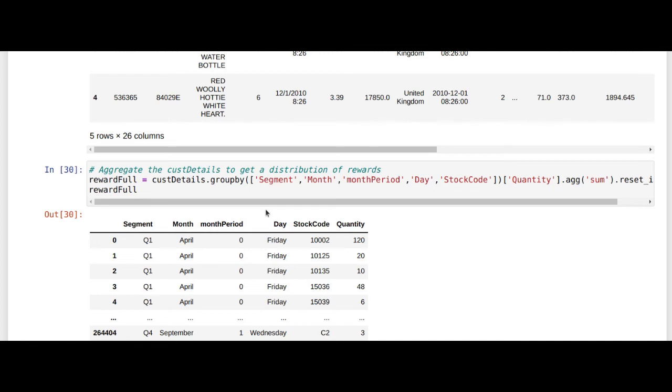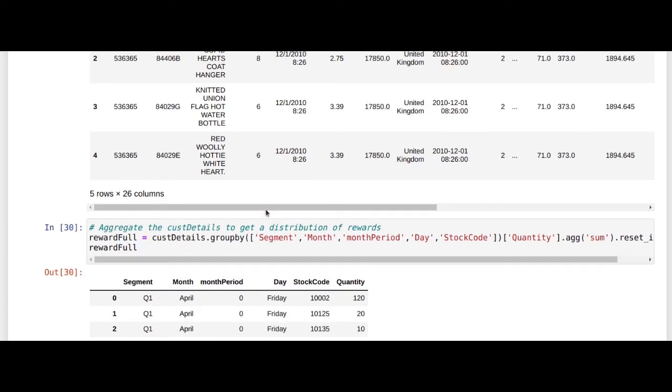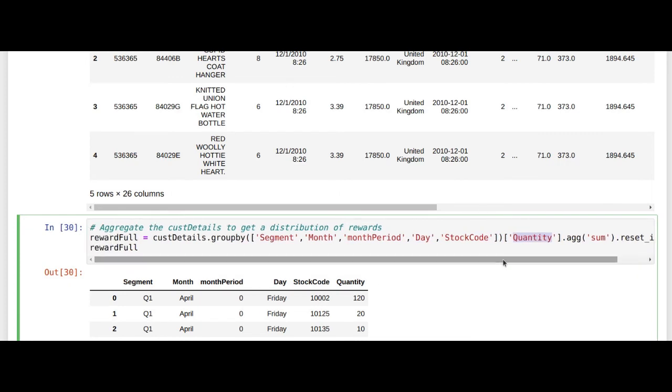So what we will do next in this code is group all the data which we have on the specific states. We'll group it by first segment, then the month, then the month period, the day,